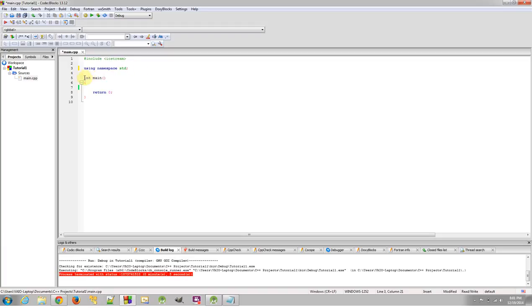Moving on to the next big chunk of code. This right here is known as your main function. And in every C++ program that we write, you will need a main function. And to type it up, you just simply write int, which stands for integer, and then main, open parentheses, close parentheses, and then your brackets with the return 0